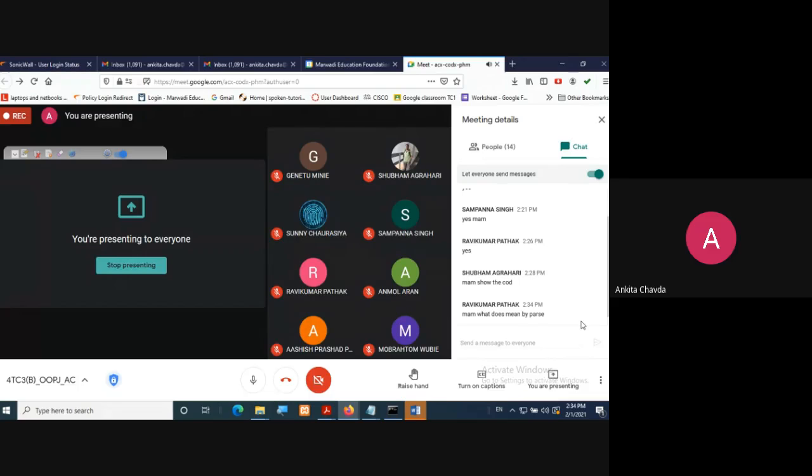Ma'am, we have used this everywhere for taking the input. Not exactly like that. I'll explain that at the time of theory, right? So right now we are not discussing the theory. The same topic I'll explain at the time of our regular lecture. Right now, what you need to understand is this is how we can take the value from the user. That's it.